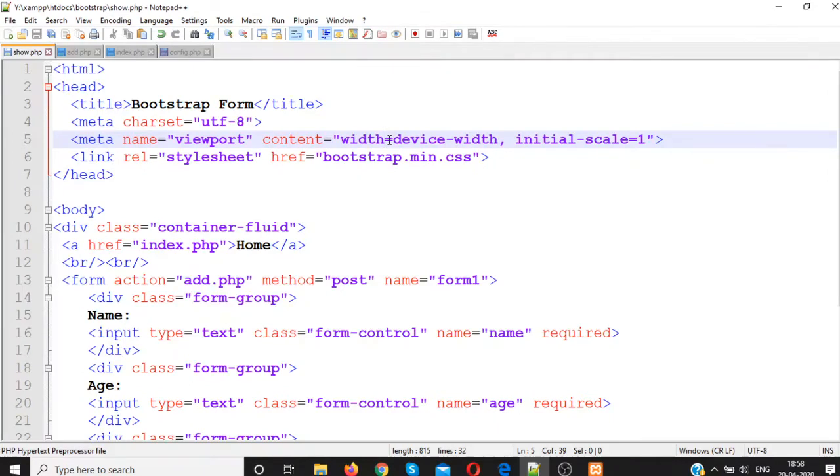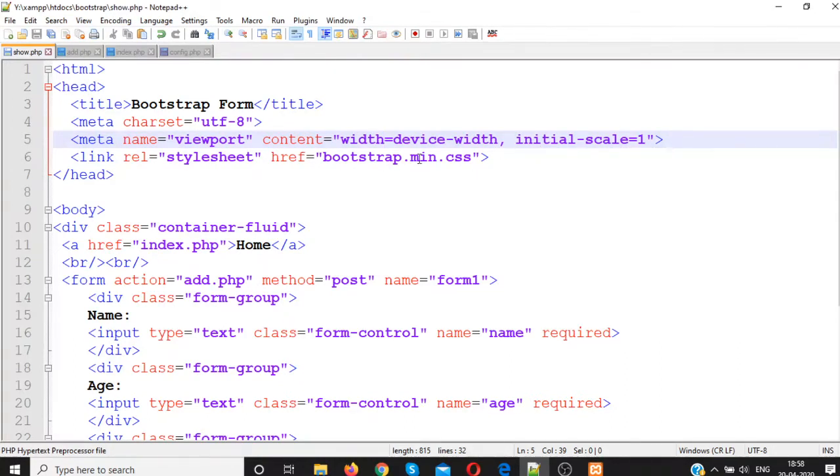The main advantage of Bootstrap is to support any type of gadgets and widgets. So here it should support all types of screens, like a mobile screen or laptop screen. As per that you should get the output properly, so that is what device width is. Accordingly your output will get displayed. The initial scale equal to 1 means the starting zoom level. Once you open your file, the initial zoom level is set to 1.